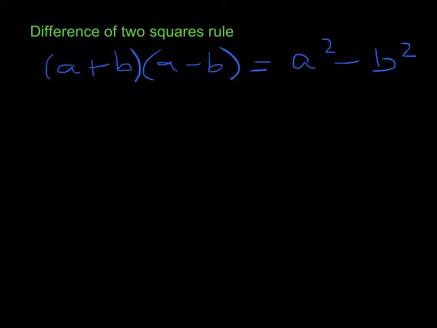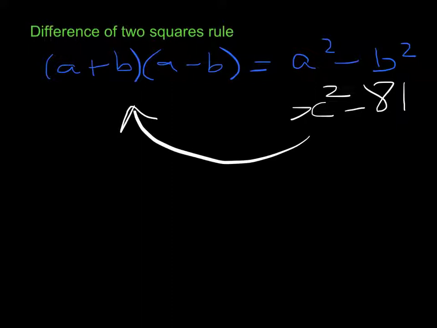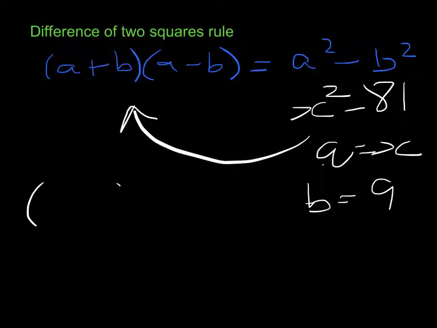So let's just do one where we're having a look at two squares. So for example, what if I've got x squared minus 81? Well, of course, I want to go this way again. We are factorising. So I just got to look at, well, A in this instance was x, and B is the square root of 81, which is 9. Forget about the minus for now. And then when I put it in the bracket, I'm going to have x, that's going to be my first term. I'm going to have a plus and a minus, and then 9